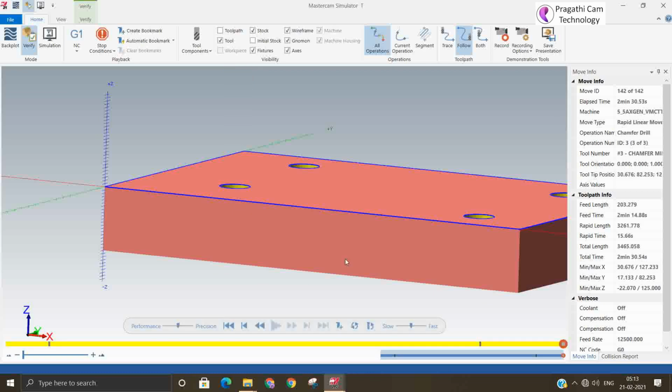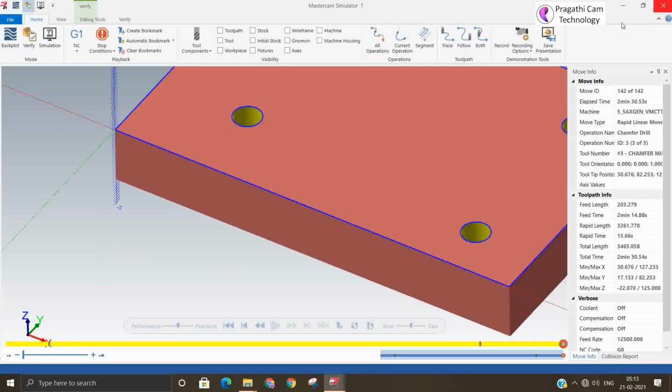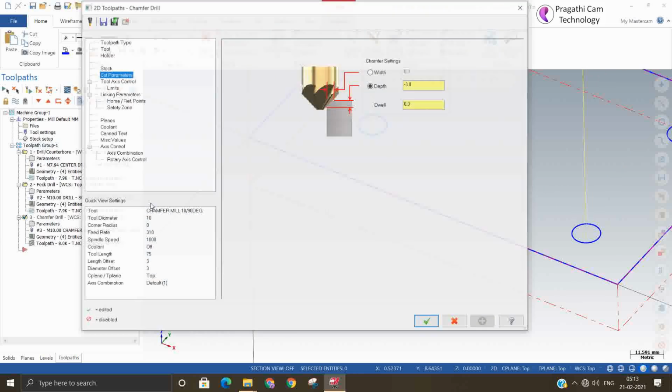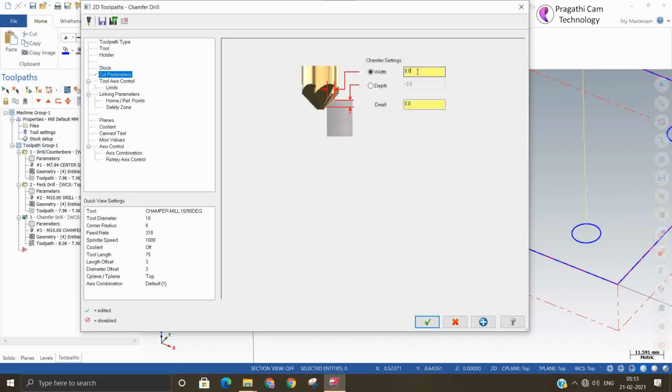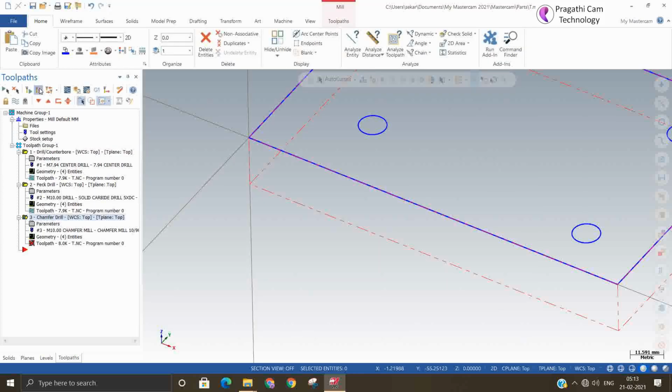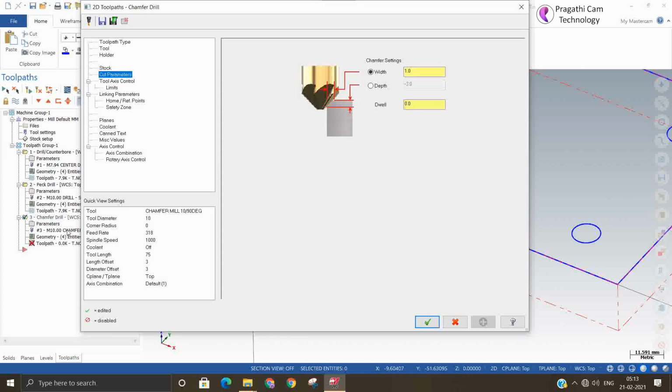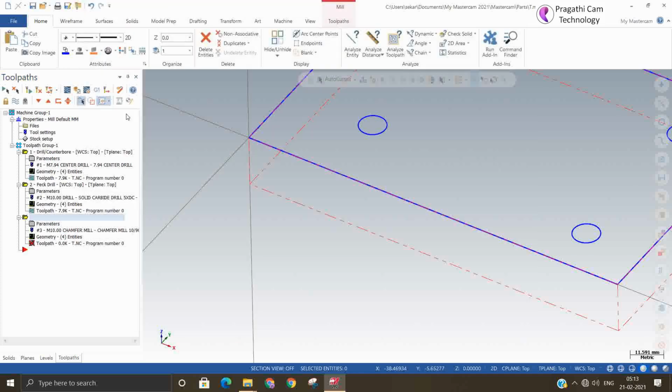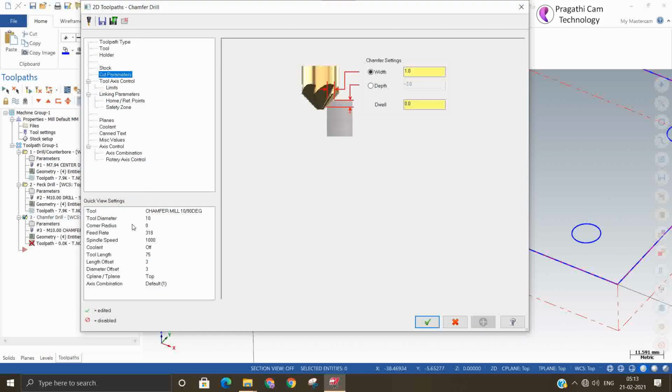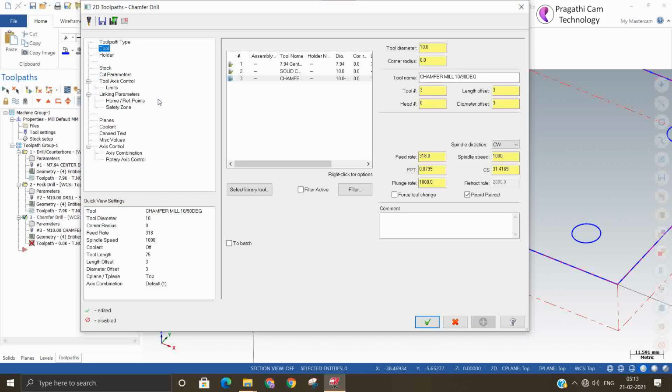Still the chamfer has not been done. We'll change it now in the depth option, width option. The operation is happening, but the required diameter we are not able to achieve. In between, we are trying to change the other options also. Try to understand. Okay, now we'll change the tool.